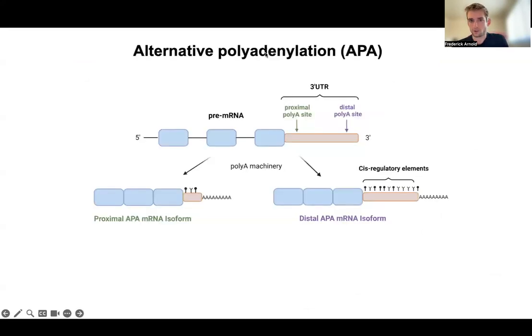And that's called alternative polyadenylation, which just refers to the fact that at the 3' tail end of an RNA transcript, the transcript can be terminated at different sites, which result in either a shorter tail or a longer tail. And this can have really important consequences for how much of this RNA becomes protein, and where the RNA is trafficked within the cell. And so this is a critical level of RNA regulation performed by TDP43.